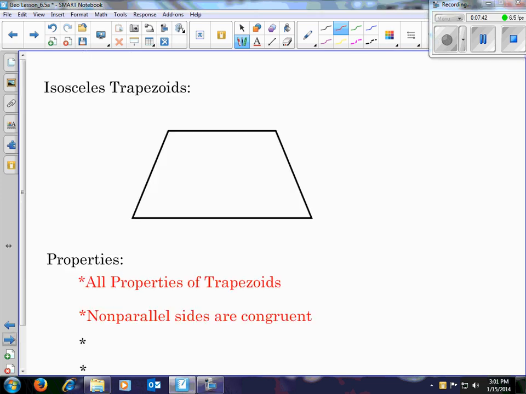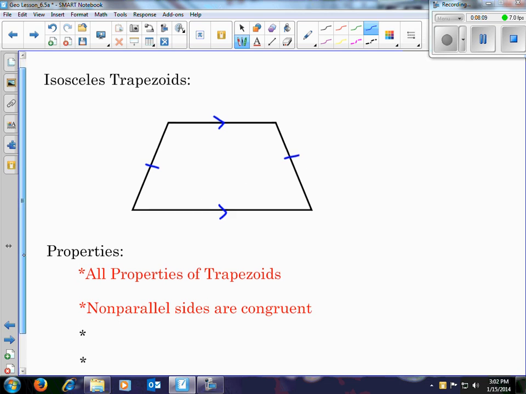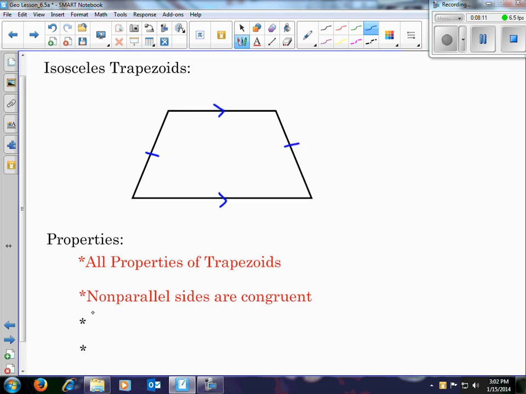Okay, now we're moving on to the isosceles trapezoid. Now again, an isosceles trapezoid has all the properties of a trapezoid. So that means I know that this side is parallel to this side. Then an isosceles trapezoid, I know that the non-parallel sides are congruent. Non-parallel sides are congruent. Now, our next property is going to be that our base angles